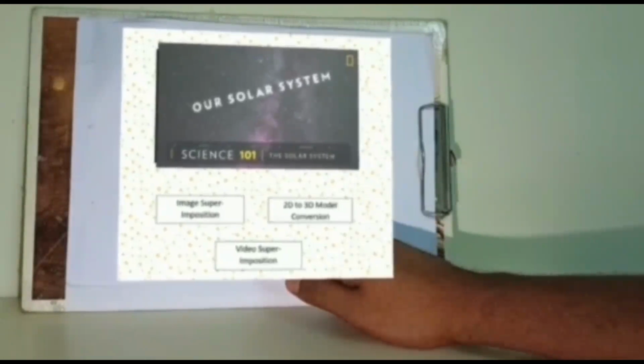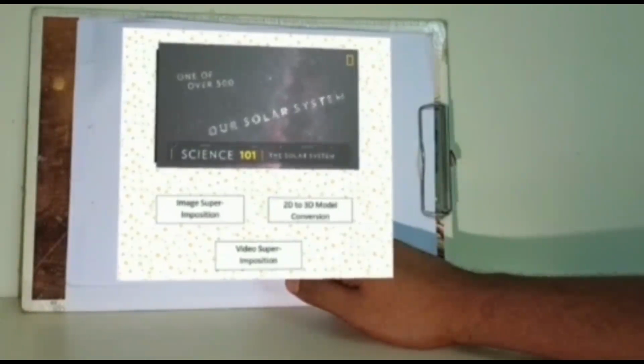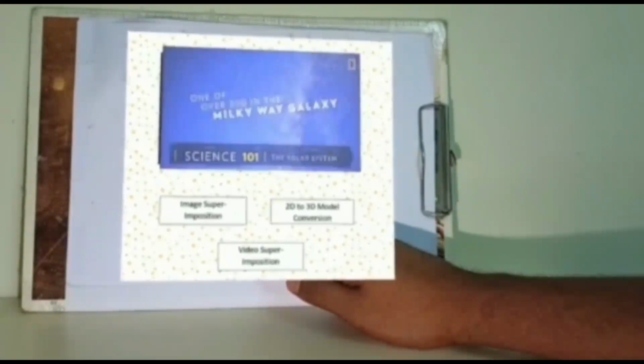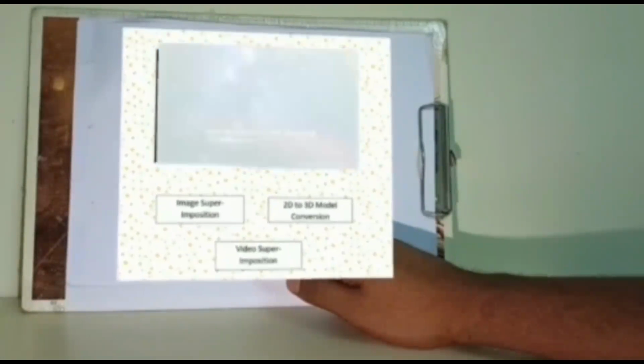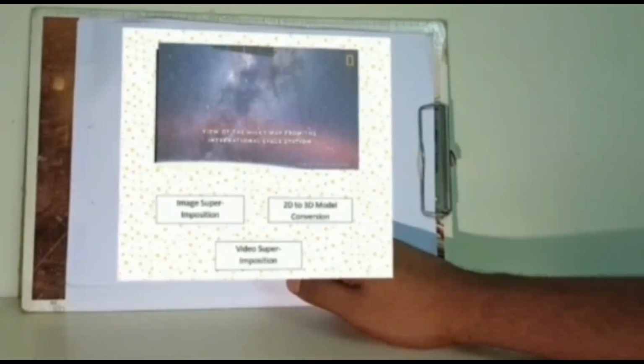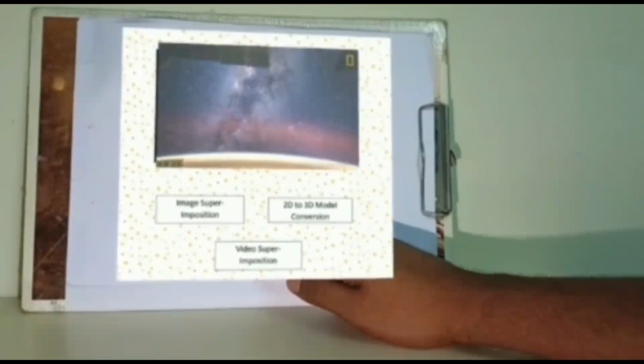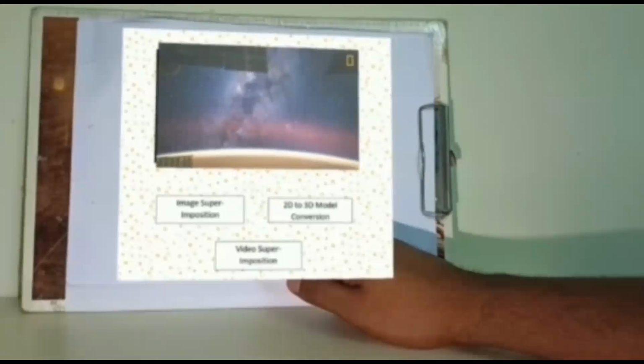Our solar system is one of over 500 known solar systems in the entire Milky Way galaxy. The solar system came into being about 4.5 billion years ago when a cloud of interstellar gas and dust collapsed, resulting in a